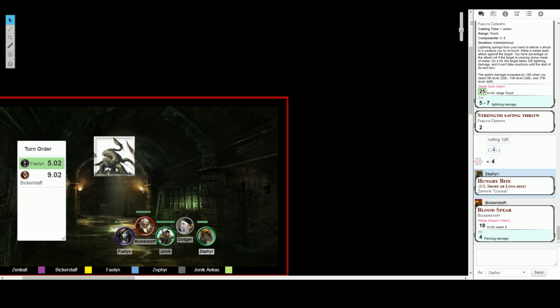I'm following Zephyr. I'm going. No! You not only heard Brodrin's voice, but you can now see him. Brodrin, what a coincidence finding you down here. Did I see a bad guy? You see 2. You see 3. One in front of Brodrin, one in front of Bickerstaff. I'm going to target one that's closest to